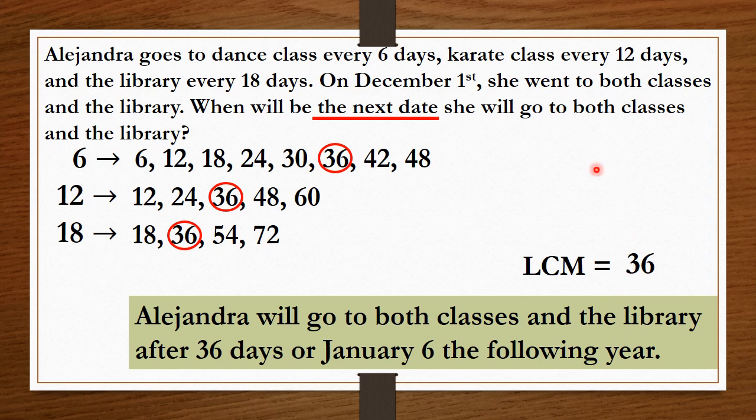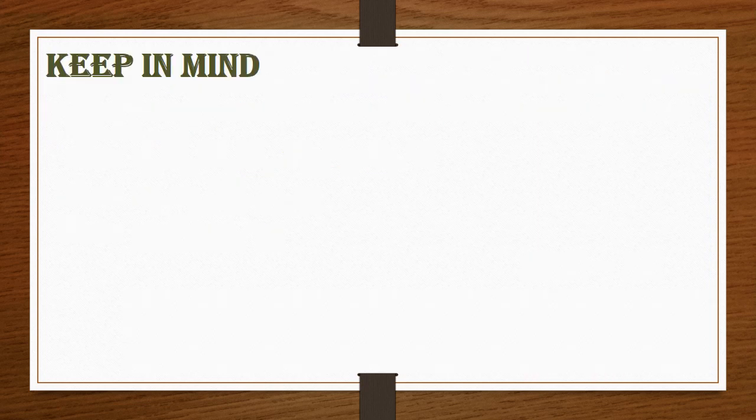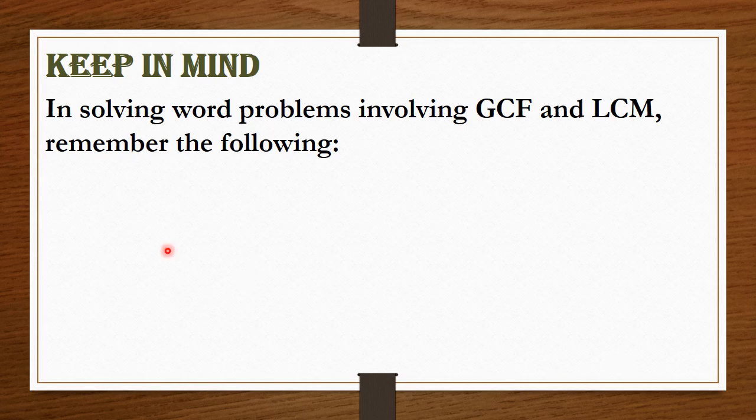Kasi yung 30 napunta na dito sa month of December at meron na tayong December 1st. At yung December natin ay merong 31 days. So, meron na lang tayong 6 days na natira at napunta na siya sa month of January, the next or the following year. Alright, class, keep in mind, in solving word problems involving greatest common factor and LCM, remember the